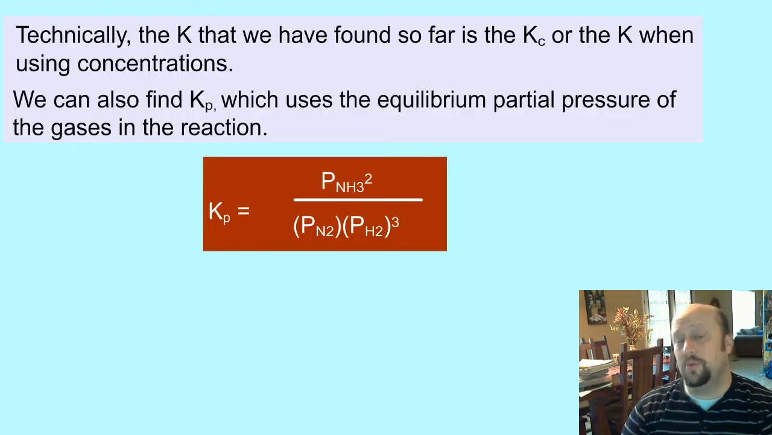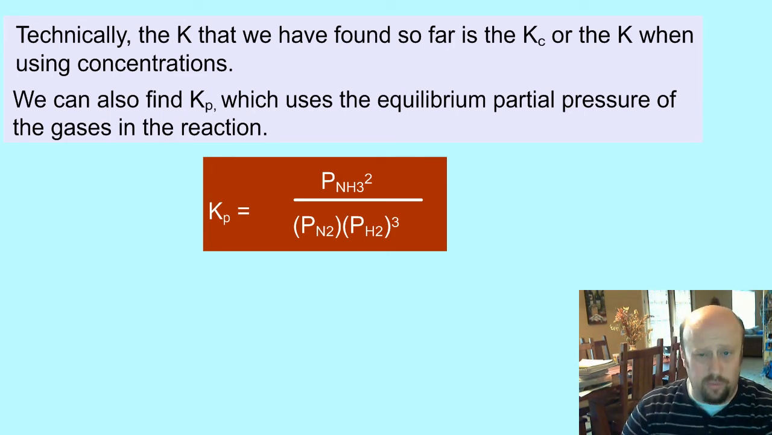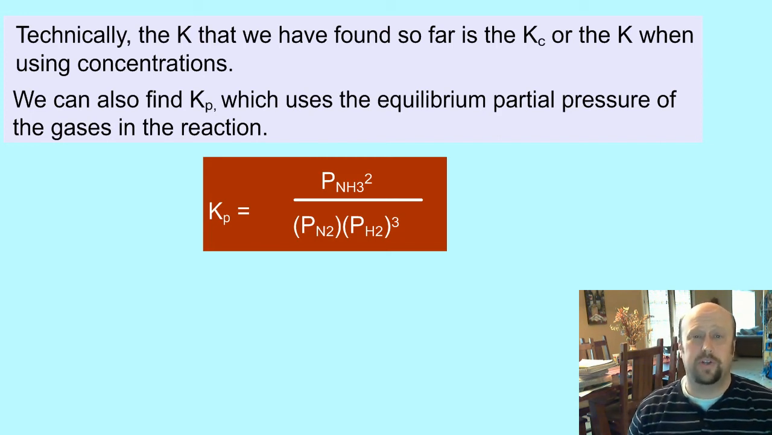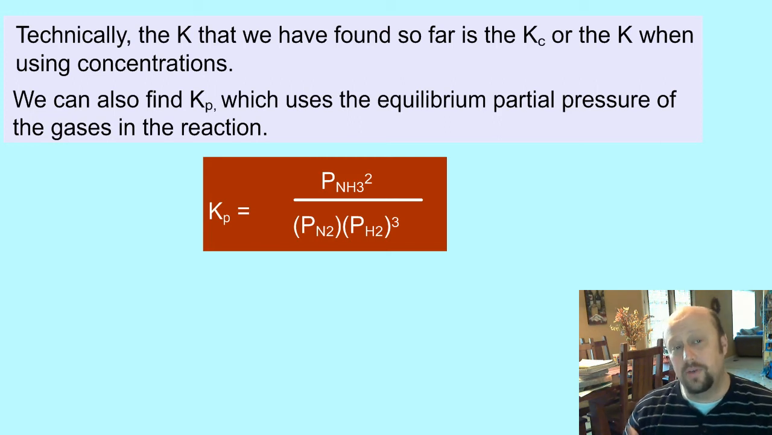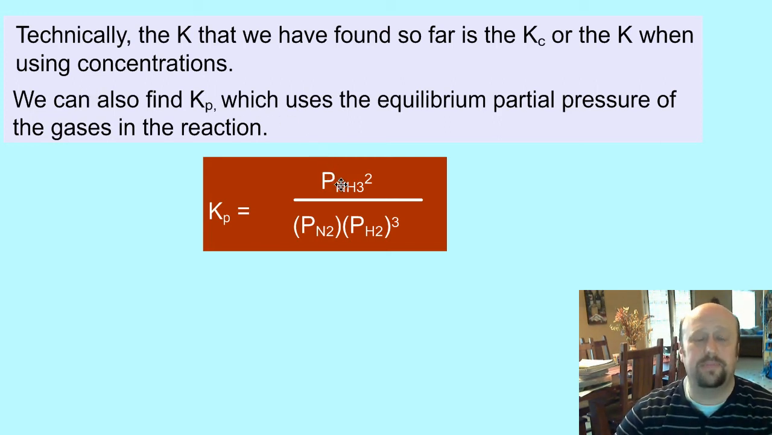All right, so the K that we've been working on so far is the K for concentration, and that is pretty normal. We do a lot of that, but we can also find K using partial pressure. And so instead of K sub C, which is concentration, we can use K sub P. And it works out the exact same way, except that you're going to plug in the partial pressure instead of the concentration. So partial pressure of ammonia raised to the 2nd power,